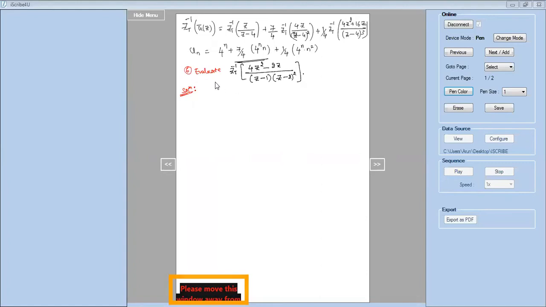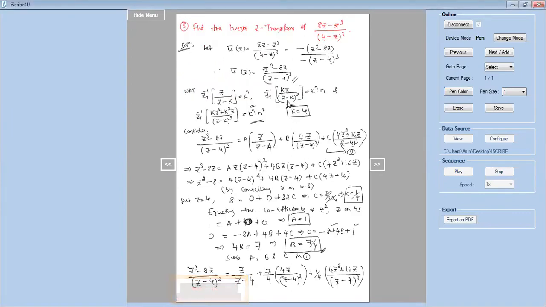Okay, so let us try this problem now. So here also you can observe, u bar of z. So I'll write first, let u bar of z is equal to 4z square minus 2z divided by the denominator z minus 1 into z minus 2 whole square. Now if you look at this, this is z minus 1 power 1, it is non-repeated. But this one, z minus 2 whole square, is a linear repeated factor. So once you have a linear repeated factor, you have to follow the procedure whatever we did here. So since the square is there, we have to consider the numerator like this.